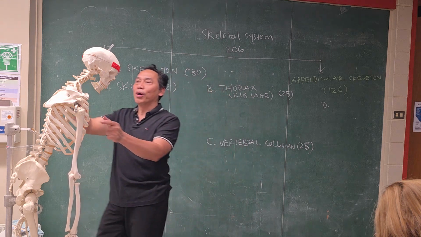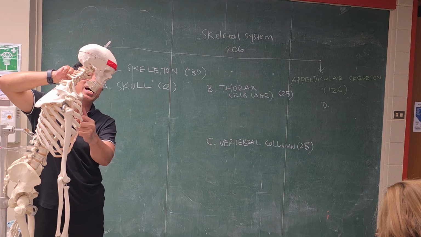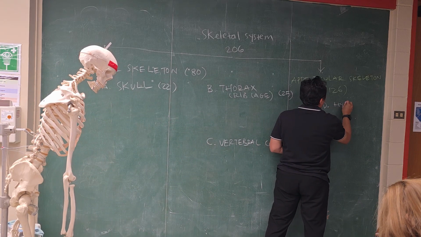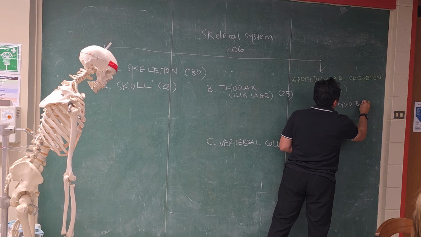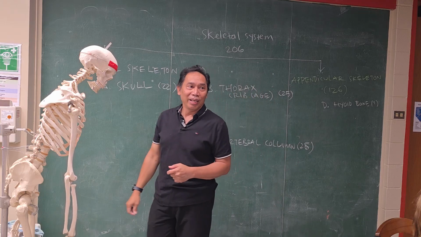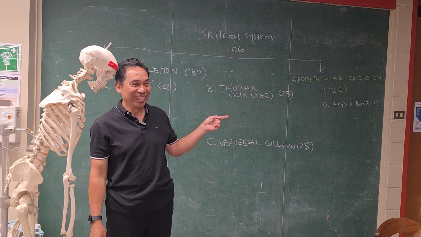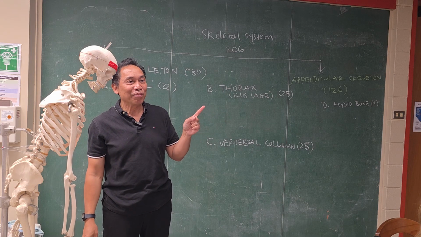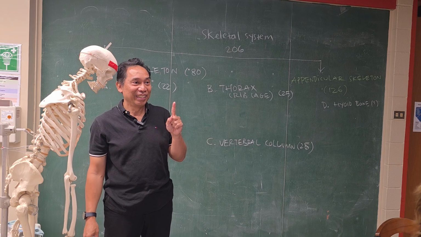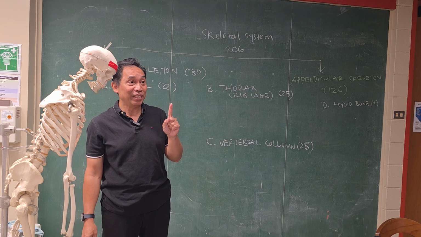Now, D over here. We only have 1 bone over here on your neck, on the front. It's called the hyoid bone. Only 1, hyoid bone. I think that's the first name of a bone that you have to memorize now. It's called the hyoid bone. Only 1. So the total is 74, right? How many more do we need? 6, right? 74 plus 6 is going to be 80, right?